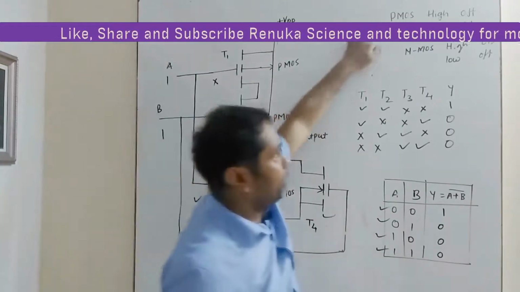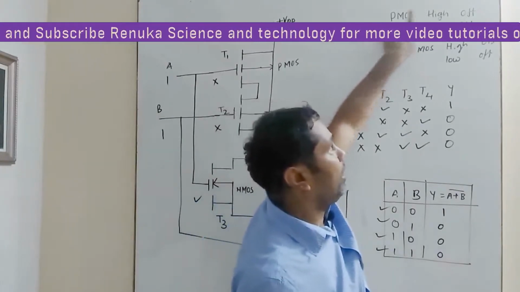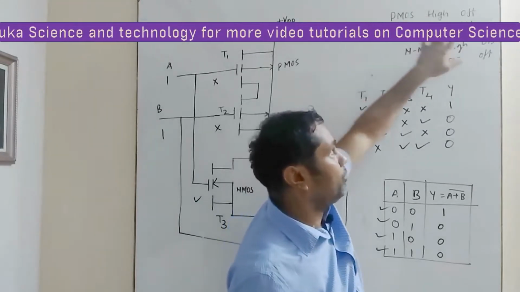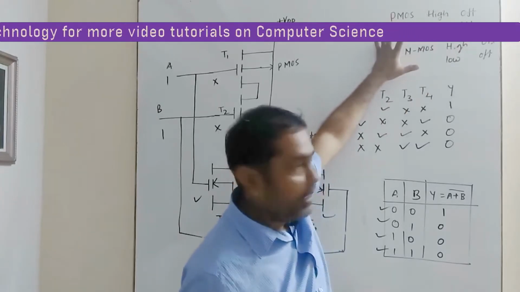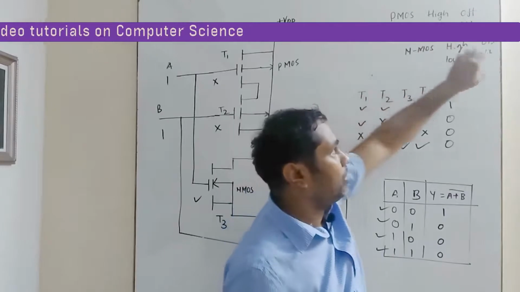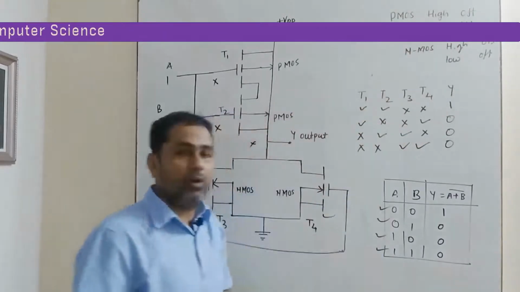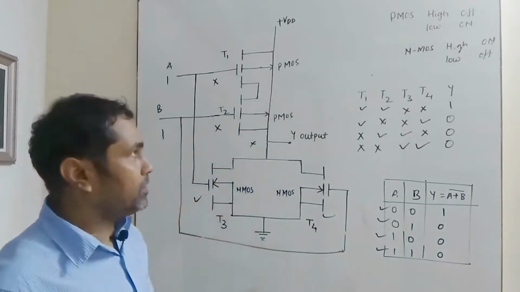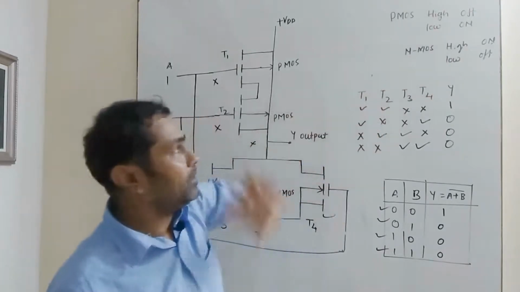So remember this thing. We have to first remember this sentence: if the PMOS gate is connected to high, the switch will be off. If PMOS is connected to low, the switch will be on. If the NMOS gate is connected to high, the switch will be on. If NMOS is connected to low, the switch will be off. So you can imagine that all the circuit working for CMOSes is around these two sentences. So we have to remember this.